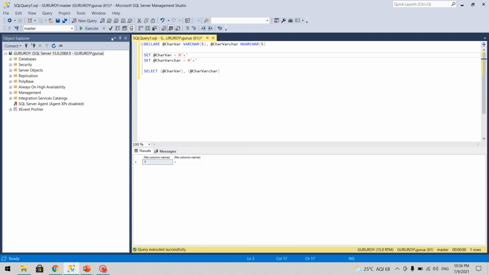We cannot do that to that because anyway it will not give you any Unicode. It automatically will convert it into non-Unicode and then it will give you the result. So this is why we use nvarchar: in case we feel that we are going to add certain Unicode characters, we should go ahead and use nvarchar.